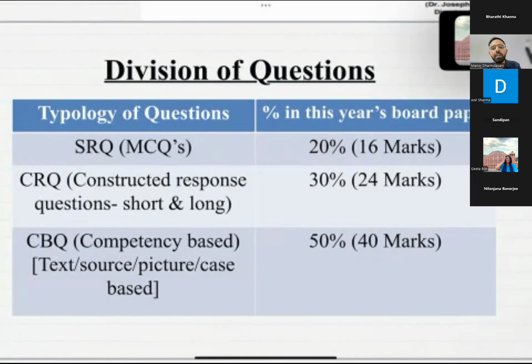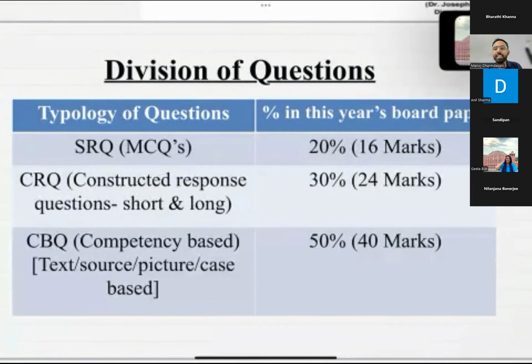So the CBQ category will become 30 marks, 36 marks question in the category of 3, 4 and 6 marks. That is how this will work: 16 marks plus 4 marks of questions from competency based questions. Now it could be a case study which will include 4 questions of 1 mark. It could be any category of picture based question or a source based question. They will give you a table and tell you to identify 4 different answers of 1 mark each. So this competency based question includes 10%, or we can say 4 marks of questions from the 1 mark category.